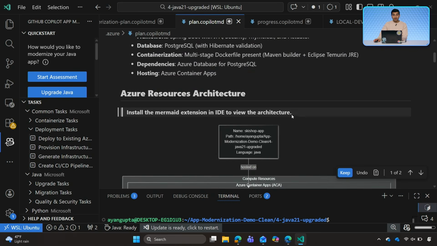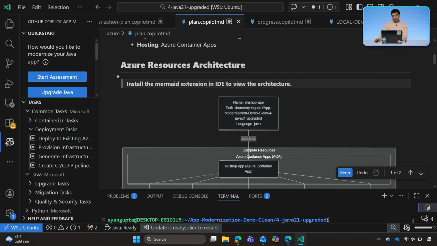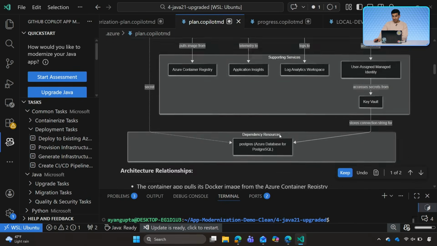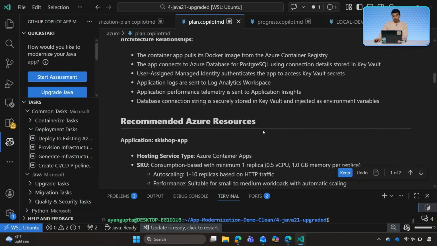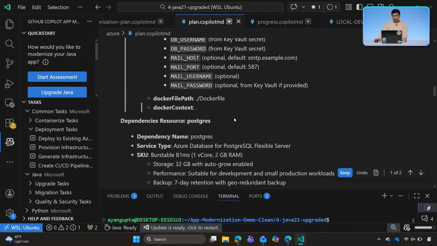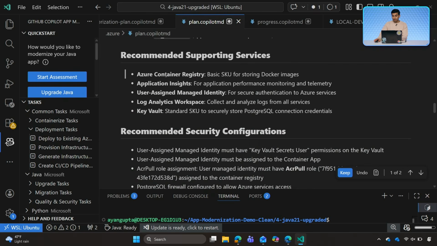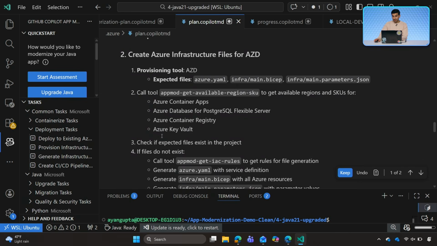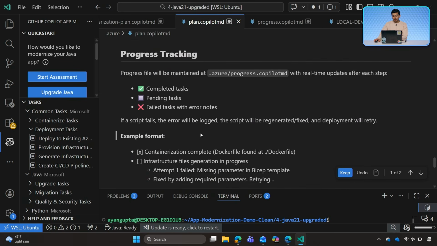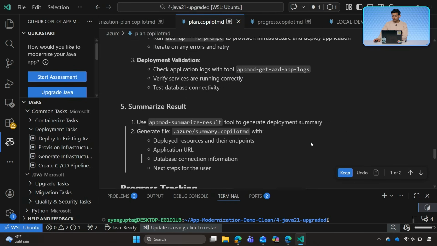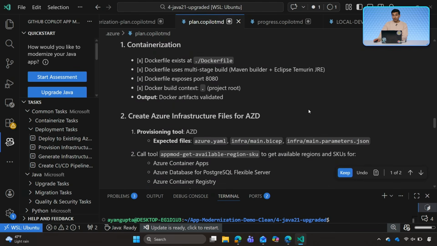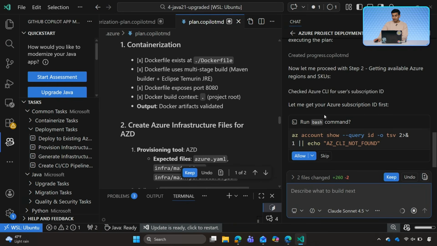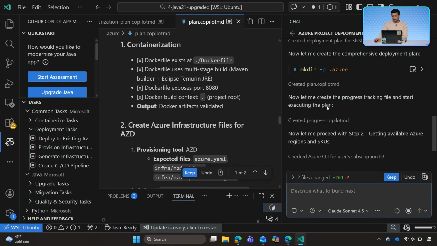We can see everything that the plan includes, which includes an architecture diagram, the architecture relationships, recommended Azure resources that it will provision, dependencies, recommended supporting services, the security configurations, execution steps, which are very well laid out, and then progress tracking tools it will use. So once again, you can make any changes as necessary, but in this case, it looks good. We'll open up Copilot once again. We will allow it to continue,